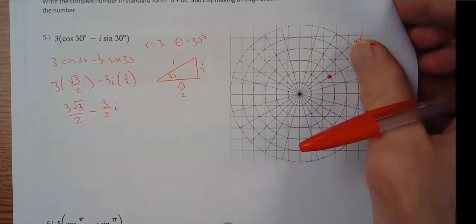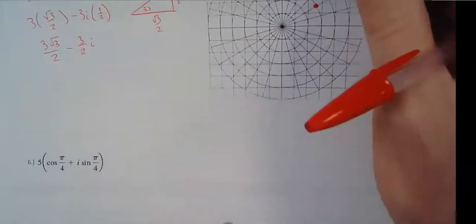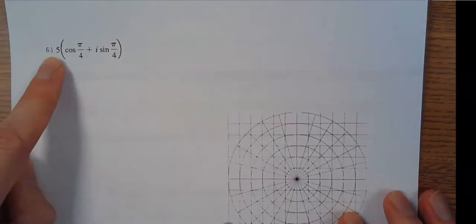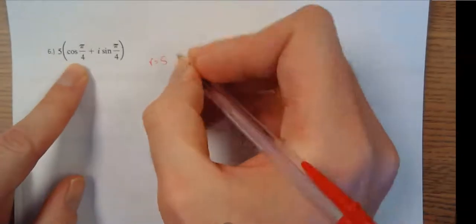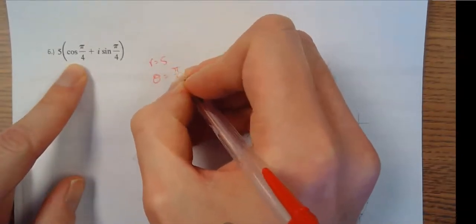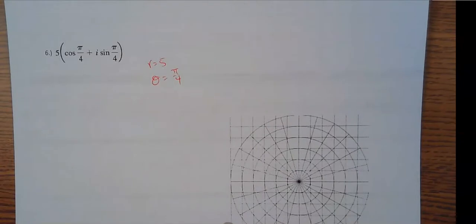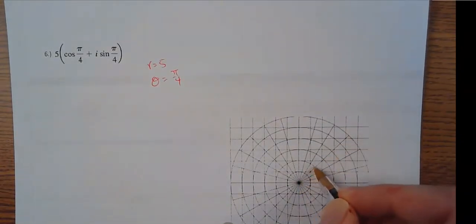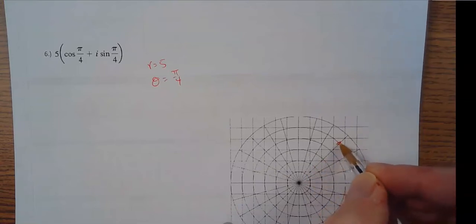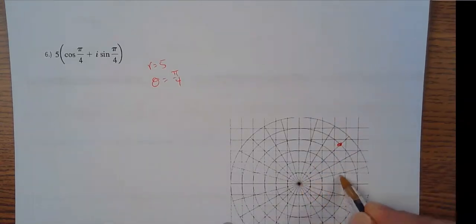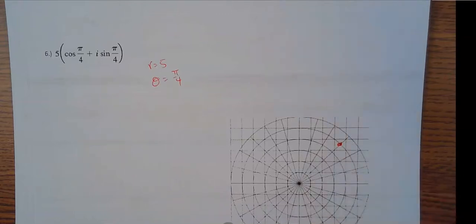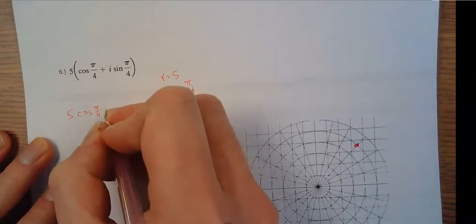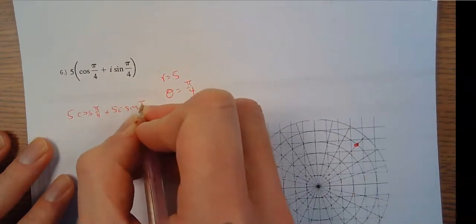So we don't leave it in decimals, we leave it in simplest radical form. For this one, when it's written like this, the radius is 5, the theta is pi over 4. Pi over 4 is a 45-degree angle. That's this one right here, and go out 5 units. So you've got 1, 2, 3, 4, 5. So that point right there. Now we're trying to figure out how far right and how far up we go to get there. So that'd be 5 times cosine pi over 4 plus 5 times i sine pi